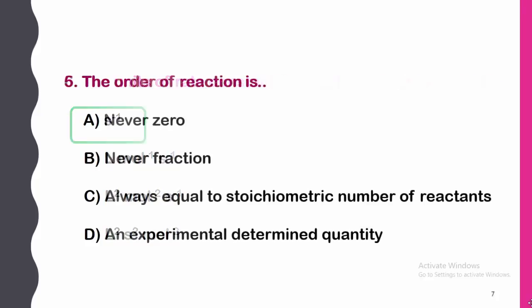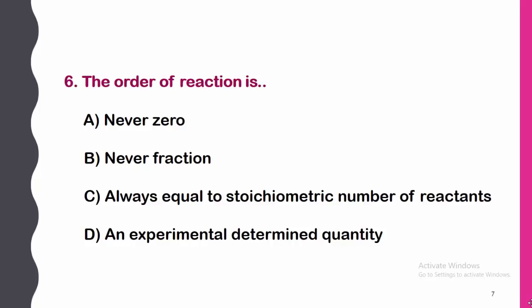Okay, let me see the next question. The order of a reaction. This is very simple. Order we have already seen. The order may be 0. We have already studied the zero order reaction, the first order reaction, the second order reaction, and third order reactions. We have also seen some reaction orders as a fraction, 3/2. That is the decomposition of acetaldehyde into methane plus H2, whose order of reaction is 3/2. So the order may be 0, or it may be a fraction.